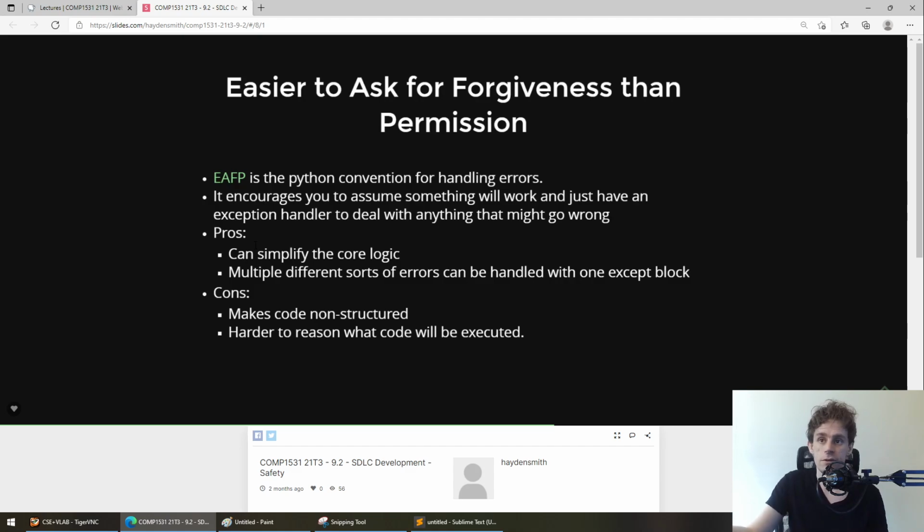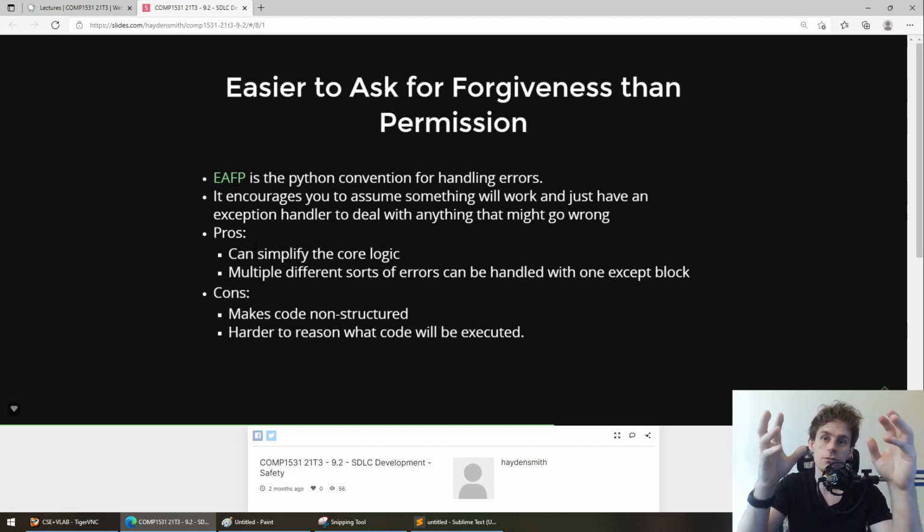Now, the benefit of that is that it simplifies a lot of your logic. It makes code a lot easier to read. The downside, though, is it makes your code not structured and harder to reason with. Because a lot of exceptions, like you think about cyclomatic complexity again, that all made sense when we had these nice little if and while statements. But could you imagine if you had a function that then calls another function and calls another function, and then there's an exception that might bubble back up?